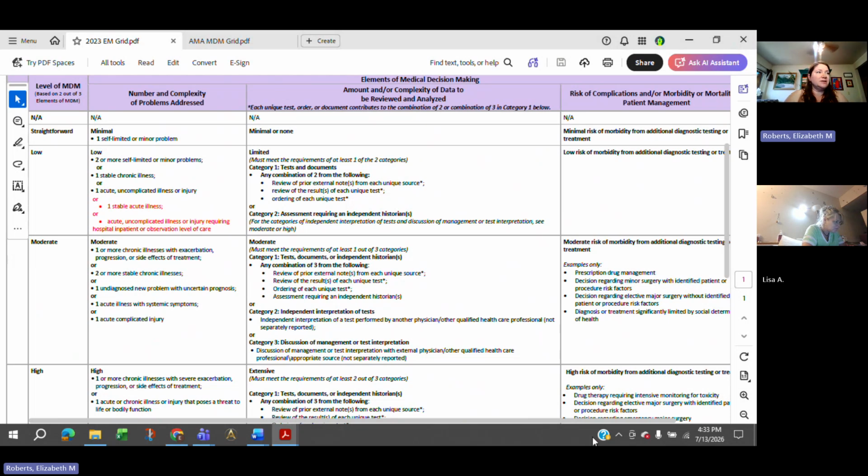What I would suggest, especially as you're learning, and I really like to teach medical decision making based off of this table. I'm a really visual person, so it makes sense to me. But if you do that too, I would suggest maybe printing one of them out and putting it in a little laminate sheet, so that you can draw on it.